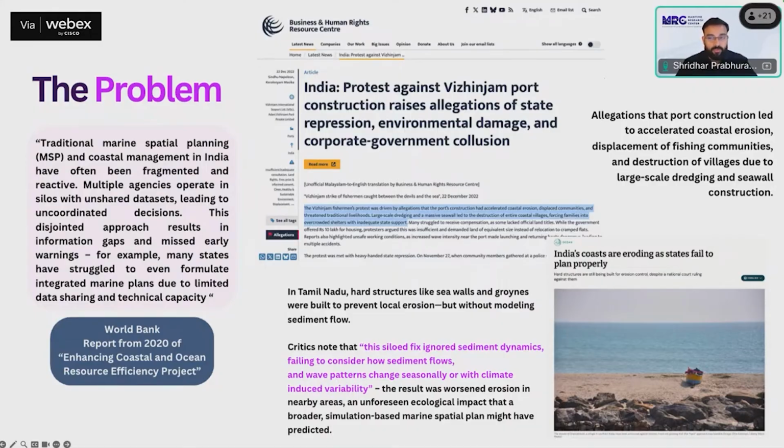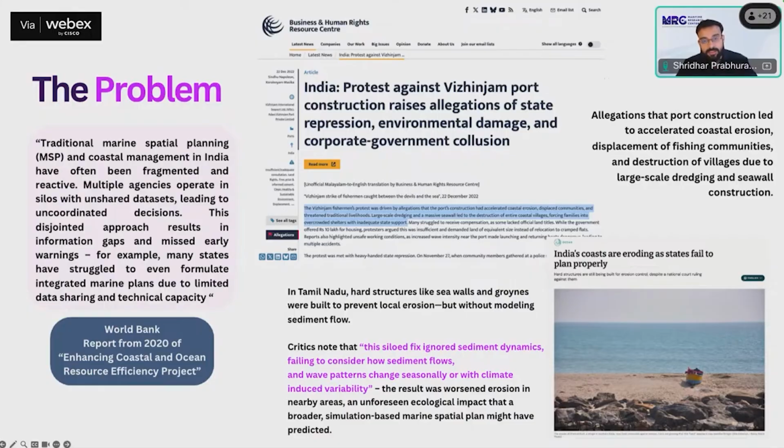Now, before I get into what we are actually building, I think it is extremely important to understand what we are solving for. MSP is not a new concept. It was established in the 1980s when the project for the Great Barrier Reef was established in Australia. Of course, it had a different naming back then, but the core concept remained zoning of the region so that agencies or stakeholders can utilize it. By that, we mean that if we have the ocean environment, we zone it into what areas can be utilized for wind farms, which areas can be utilized for marine mammal habitat, and so on and so forth, based upon the different properties those areas have.